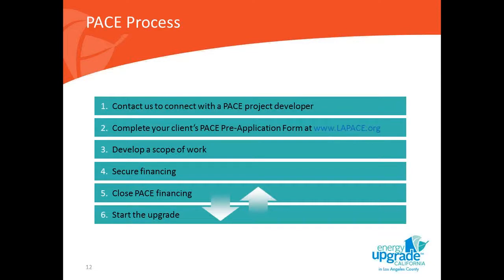So, a process diagram. It's a simple application process. There's two parts. The first is very basic. You can submit the applications on behalf of your clients if that's easier, or they can submit it. It takes less than 5 minutes to fill out online. We're transitioning to an online application. For now, it's paper, but very quick, very painless. Once the property is approved as eligible for PACE financing, then you would be put in touch with me or one of my staff, a project developer, who can help put together the rest of the package that will be needed to present for financing.